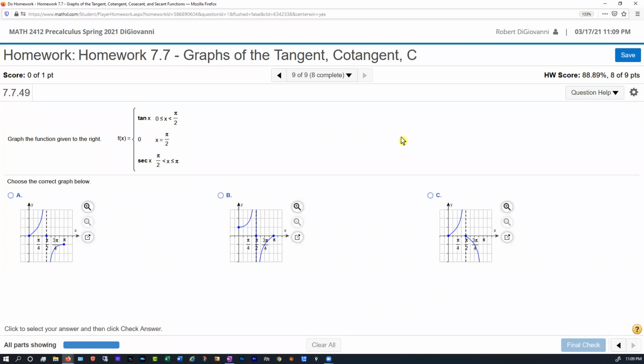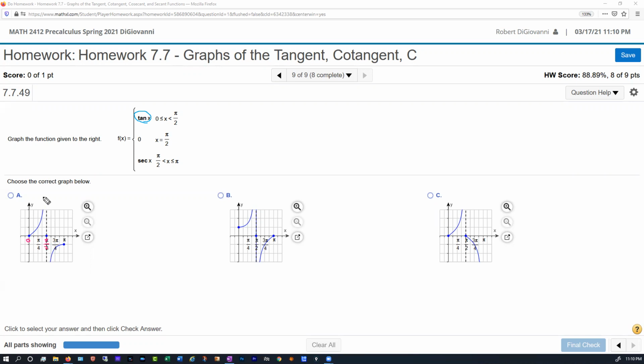All right, so this last one's a little tricky because it's actually giving us a piecewise function. It's saying that our function looks like the tangent function if you're looking between 0 and pi over 2. At pi over 2, the function spits out 0. And between pi over 2 and pi, it looks like the secant function. So let's just focus on this first part, that it has to look like tangent whenever you are between 0 and pi over 2. So, between 0 and pi over 2, we have to look like tangent,